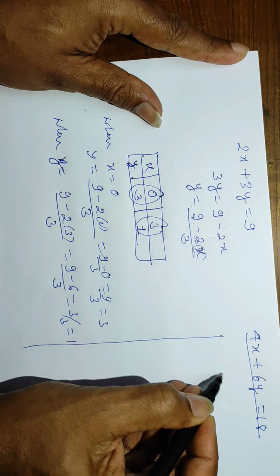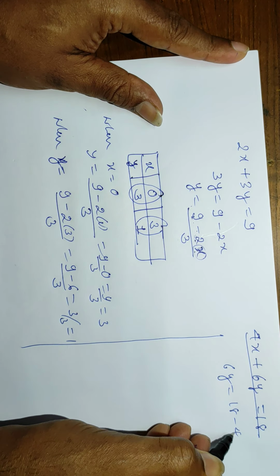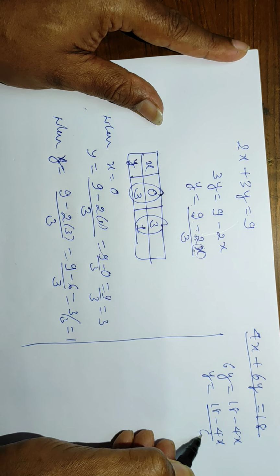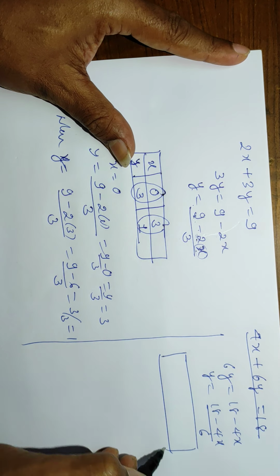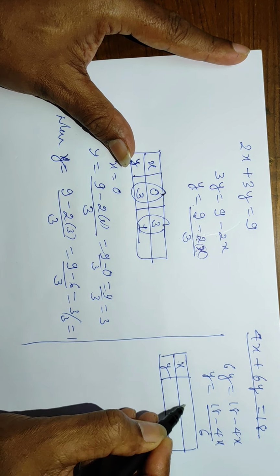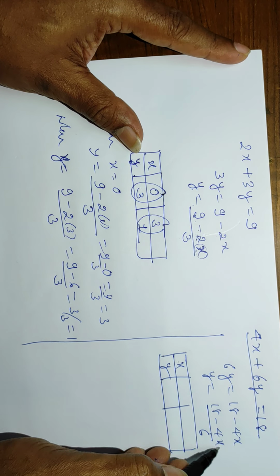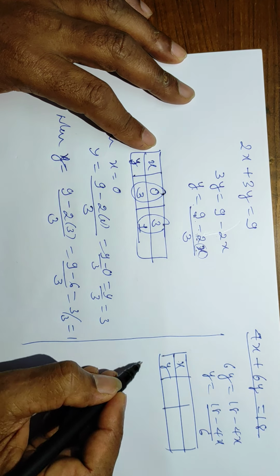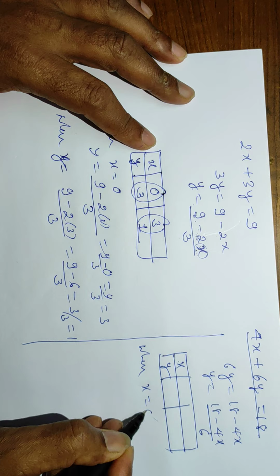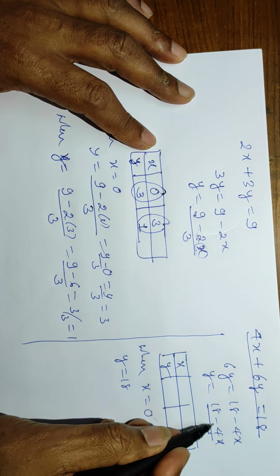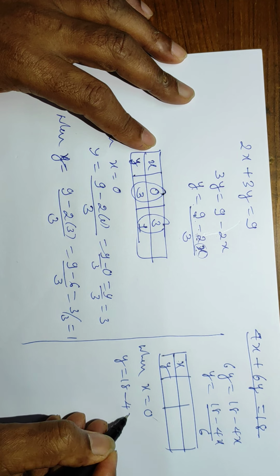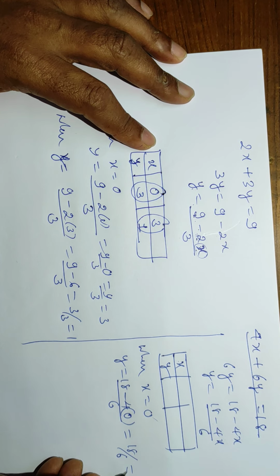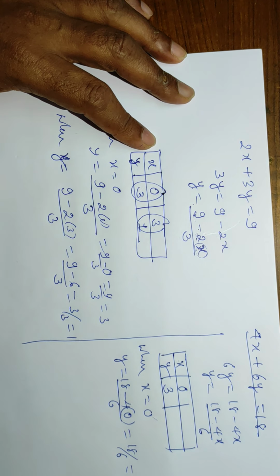Let us consider another equation. 6y is equal to 18 minus 4x. y is equal to (18 minus 4x) by 6. In a similar way, you find out the coordinates of 2 points. What happens when x equals 0? 18 minus 0 is 18. 18 by 6 you will get 3. When x equals 0, y equals (18 minus 0) by 6, that is 18 by 6 is equal to 3. So the point is 0, 3.